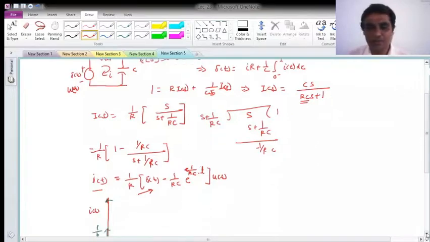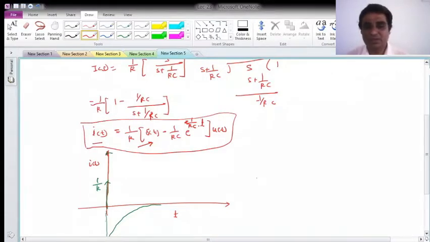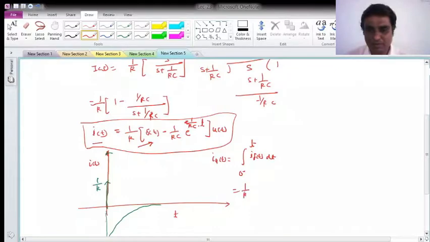Or we know that the integral of delta is the unit step, and I know the impulse response. If you find the integral of the impulse response, that is as good as your step response. So if I would like to find the step response, I will integrate the impulse response from 0 negative to t. If we integrate this, it will be 1 by R integral of delta t, so it will be U of t, and the integral of minus 1 over RC